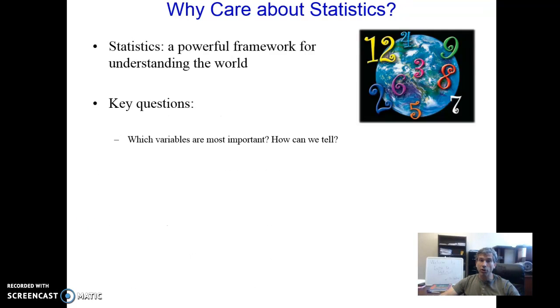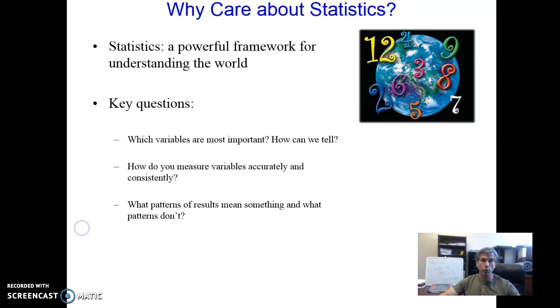Some key questions in research. First, how do you figure out what the most important variables are? There are thousands and thousands of different things that can vary in almost any context. How do you isolate the ones that actually matter? How do you determine that? How do you measure those variables as accurately as possible and as consistently as possible? Your research is absolutely worthless if you aren't actually measuring the variables that you intend to measure and you don't realize that. So a lot of work goes into making sure the measurements are as useful as possible, accurate, and as consistent as possible. We'll talk about that in Module 1.